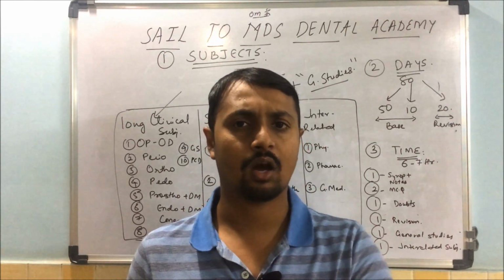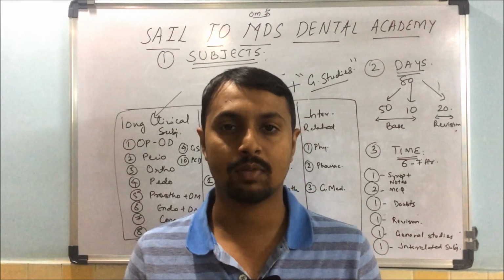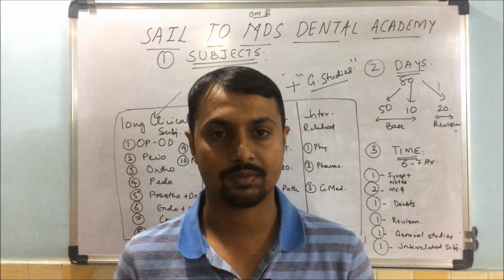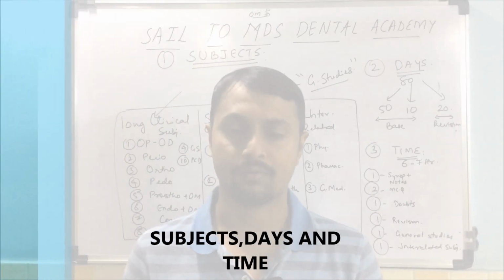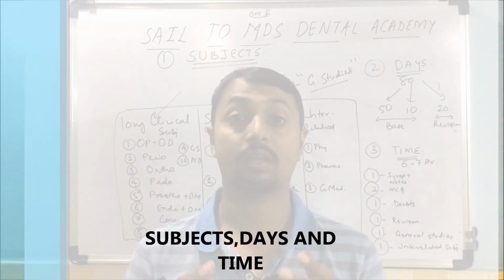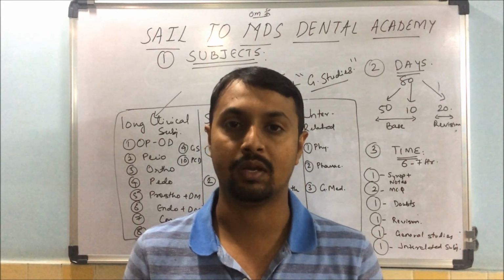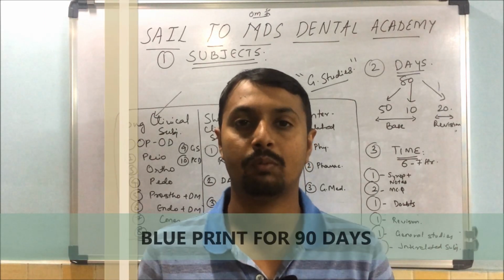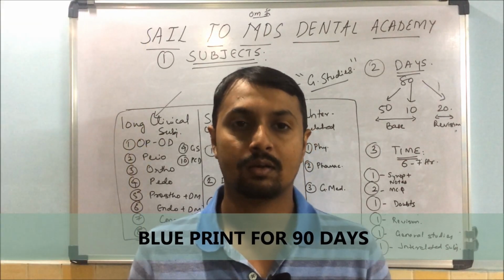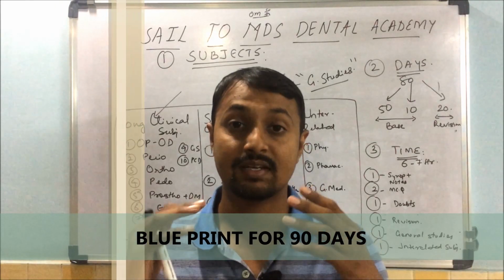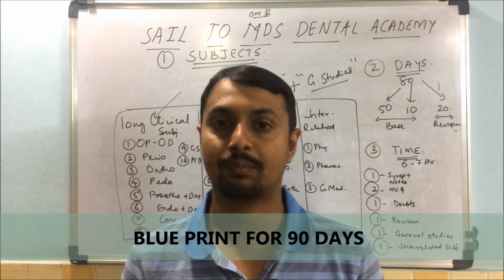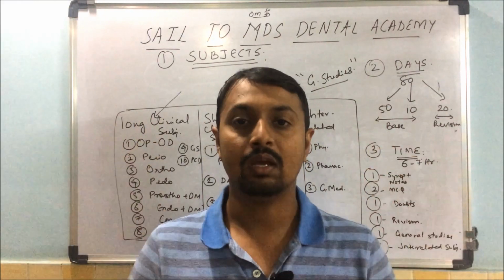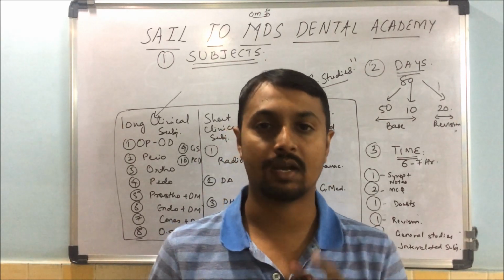So now 90 days are left. How do you have to do it? We'll see in a very simple manner, in three things. First, we'll divide the days, we'll divide the time, and we'll divide the subjects. On that you can plan for yourself. I always request all of you, please have a blueprint. Don't go randomly, like today I studied, tomorrow I didn't, this I studied, that I studied. Have a proper blueprint. We doctors always consider prognosis while diagnosing and treating the patient. In the same way, regarding preparation also, you have to have the prognosis, you have to have the blueprint in your mind. So friends, let's get started and focus on it.